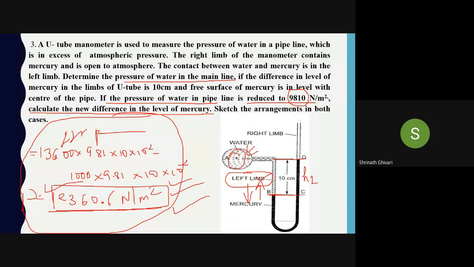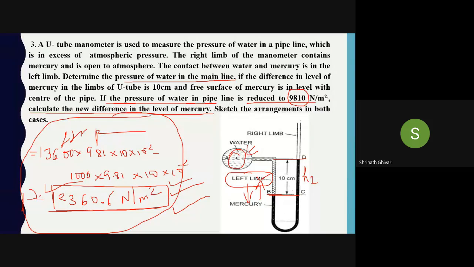ठीक है? For an example, when I was teaching you the atmospheric pressure and gauge pressure, in gauge pressure and vacuum pressure, gauge pressure जब apply करेंगे, it will be more than atmospheric pressure. Okay, so what it will do? It will be more than this, right? But when the vacuum pressure is there, what will happen? Water will be sucked in, right? So here vacuum pressure नहीं है, but pressure मैंने कम कर दिया.